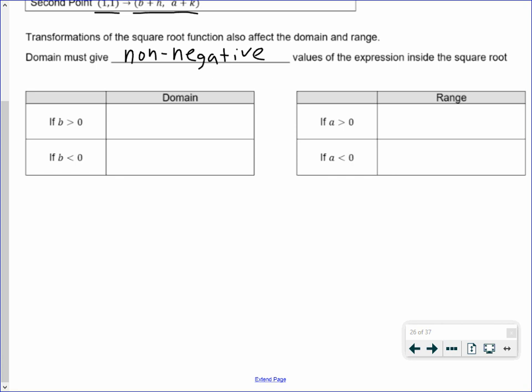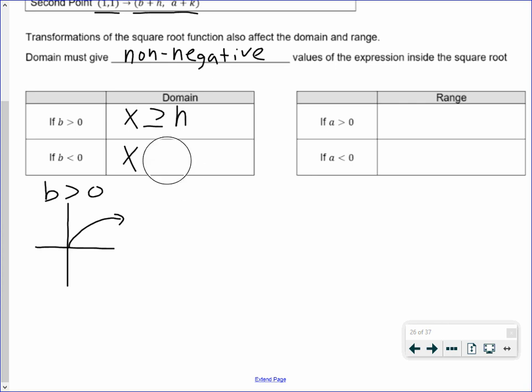For our domain, if b is greater than 0, in other words when b is positive, our domain is x greater than or equal to h. That's because when b is greater than 0, let's just say it's the parent function, it's going to be going to the right. But if b is negative,